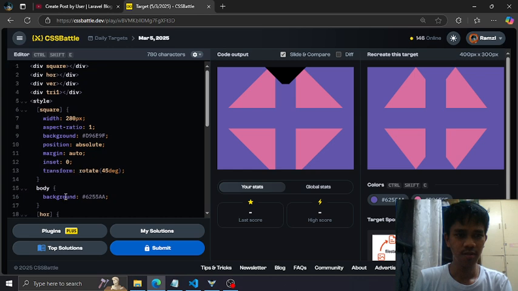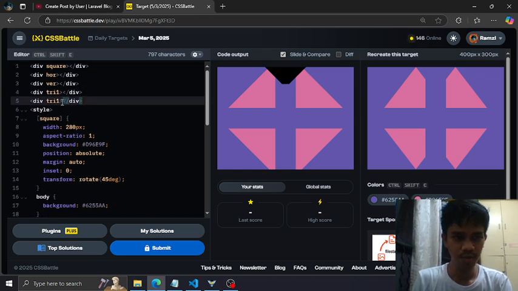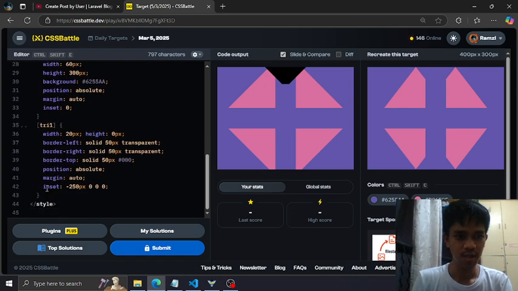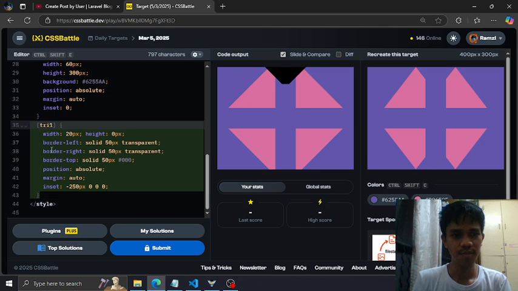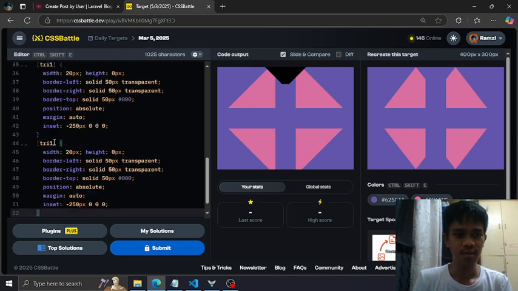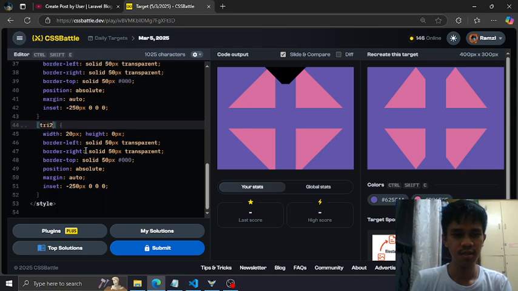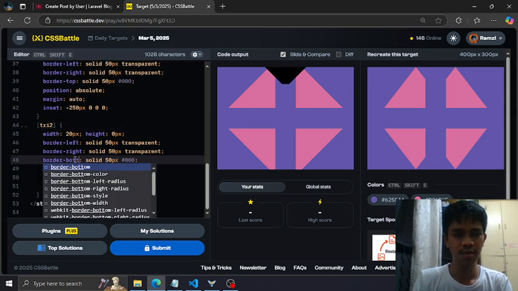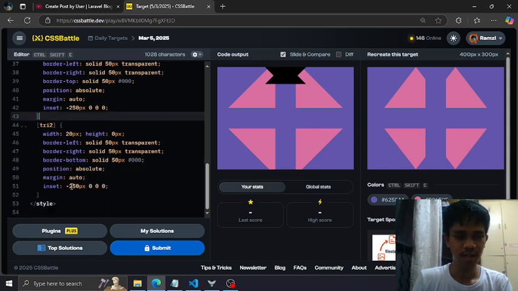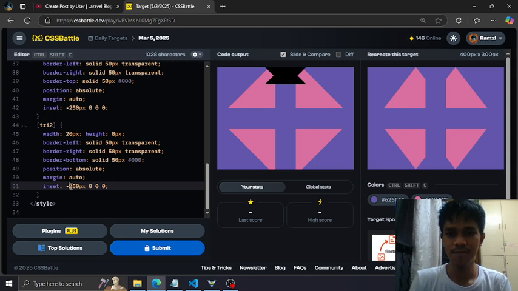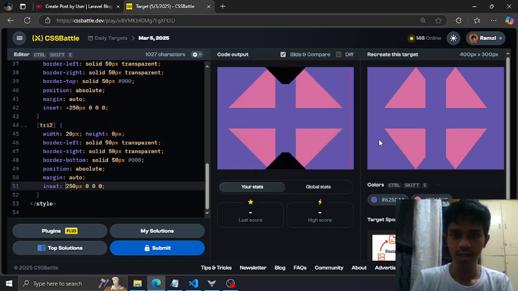Then from here, we're gonna create the triangle 2 that will represent the bottom part. So copy the triangle 1, paste here, name this triangle 2, and instead of top, just say bottom. And instead of negative 250, this is positive 250. This would push the element to the bottom. And yeah, that's my not so perfect shape. Copy the color of the background, change the color of the triangle to this one, to purple.